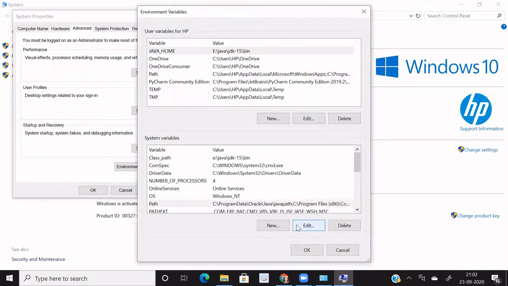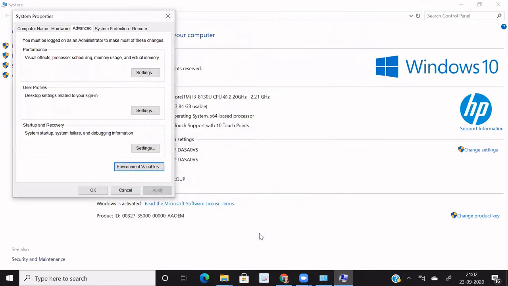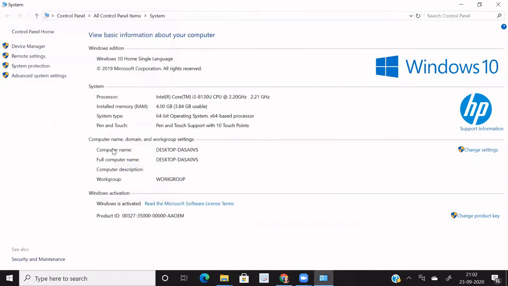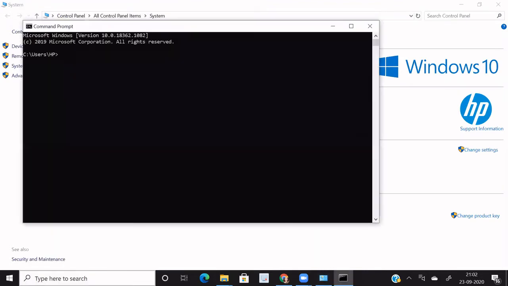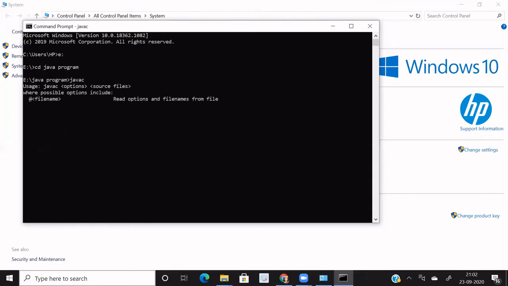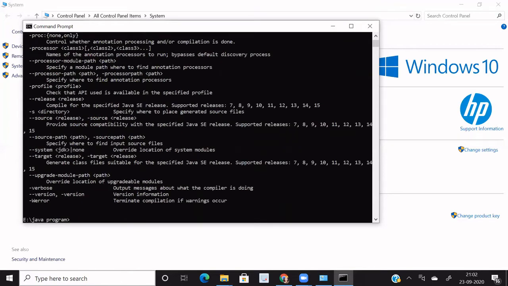Okay, so we found that when we shift onto the CMD and CD Java program, then javac, it is executing. Suppose now I want to execute a program sum.java,